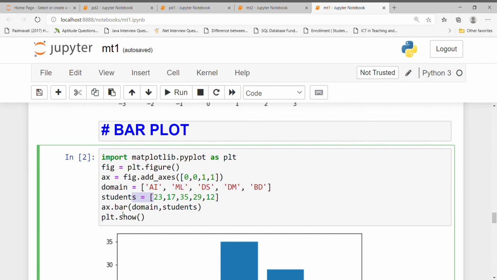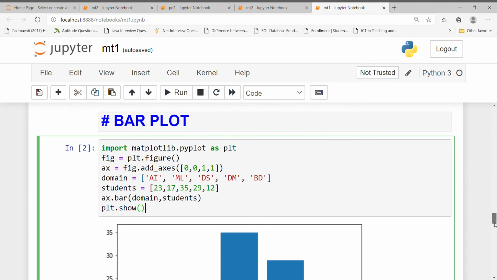ax.bar is used to plot the bar plot according to the data provided. So here I have provided two parameters which are called domain and students. plt.show is used to show or display the plot.